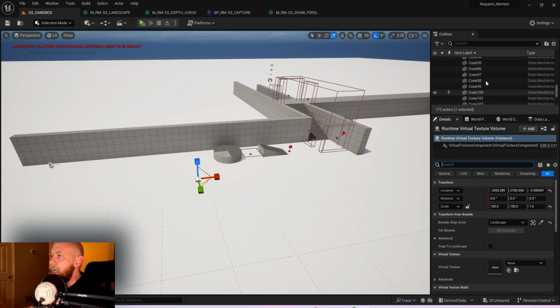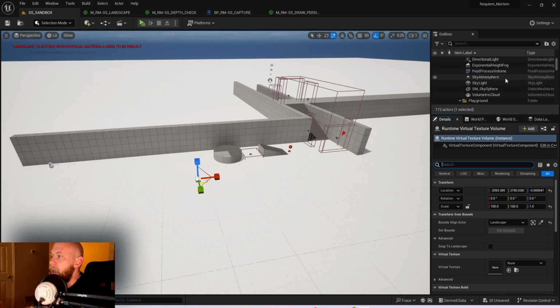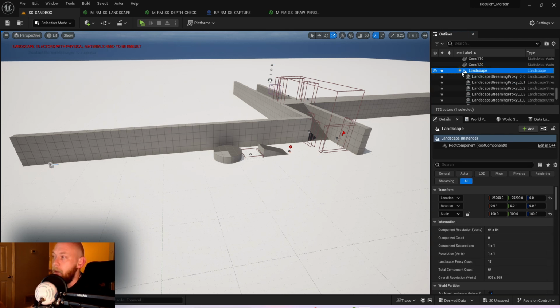the landscape streaming proxy. So instead of having a single actor for our landscape, I'll show you. So we've got our landscape here. I think it has to do with the fact that instead of it just being a single landscape mesh, it's because we have all these streaming proxies that it won't let us just set the bounds based off of the landscape. Anyway,